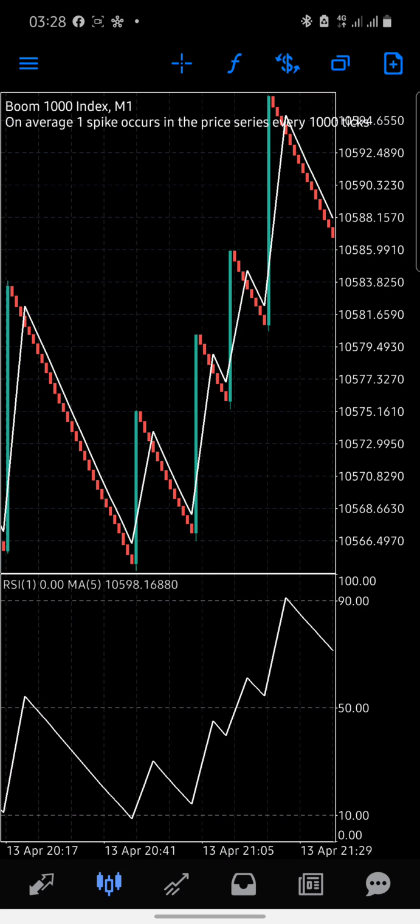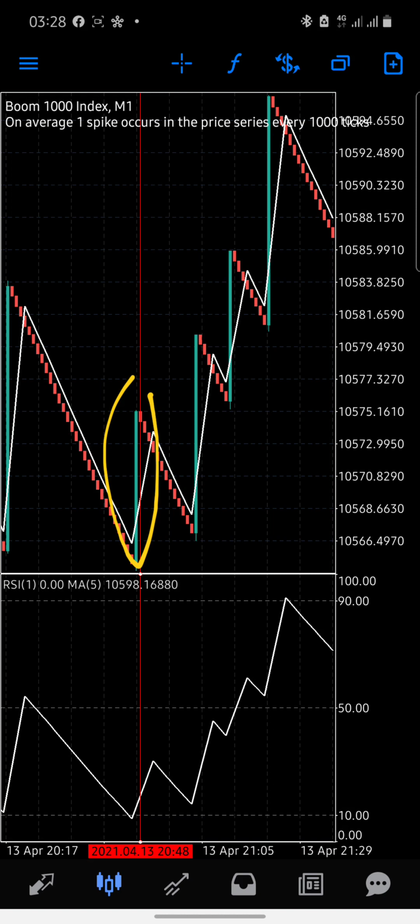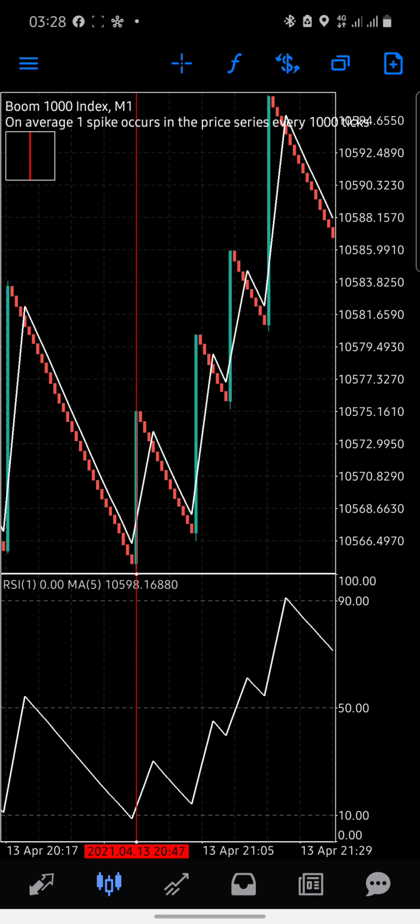And notice right after it crosses here, you wait for the first spike. Take note, wait for the first spike. Sometimes it can be tricky. You want to go into the market though, but look at the point it crossed and look at where the spike came in. So you can see, you can decide to go into the market immediately it crosses,